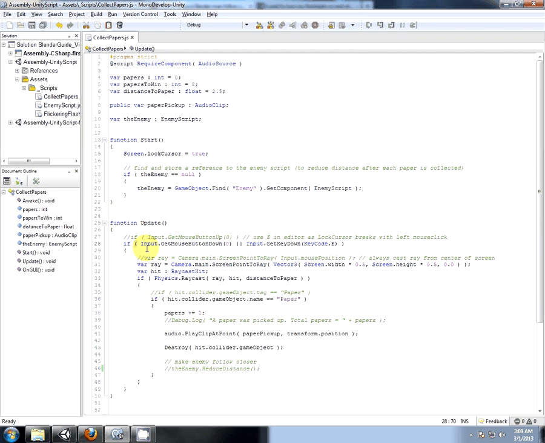Alright, so if we take input from the player, we are declaring a ray, and we're going to cast the ray from the center of the screen. So that is the width by half, and it's the height by half. So we're going to cast a ray right from the center of our vision. Okay? And we're looking for what that hits. Okay, and if that ray from the center does hit something within a distance to paper,